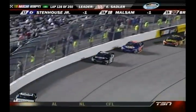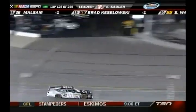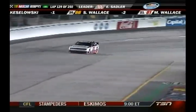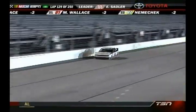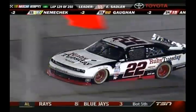Perfect example is what you just saw. Brad Keselowski was 2 laps down. He's now 1 lap down after getting around the 88. Yeah, and the 22, he had lost a lot of time on the racetrack. Then they made the pit stop, had the problem in the pits. They got them way behind. He actually came out behind Kevin Harvick, which would have